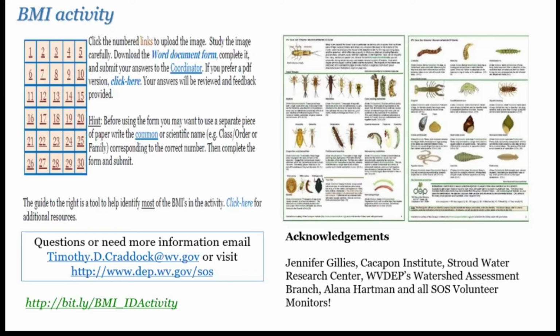The answer is no, because it would be a very detailed and lengthy discussion. But just to give you a background, the IBI was developed by a collaboration, kind of like what Dr. Henry Stone was talking about. DEP and EPA and many others collaborated on the development of the family level and the genus level IBI. It involves sampling hundreds of different sites, looking at hundreds of different organisms, and coming up with a sense of what these organisms are telling us from site to site.